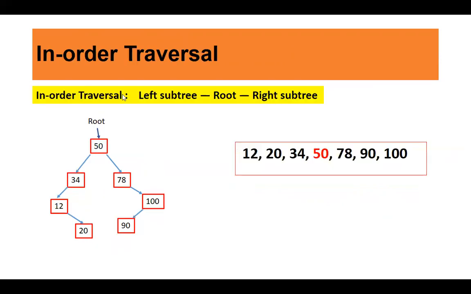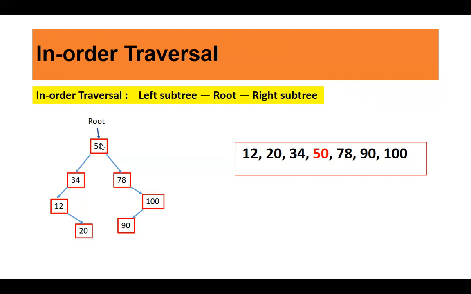Next, we have in-order traversal, which is the most commonly used one. In case of in-order traversal, we visit the left subtree first, then we visit the root, and then we visit the right subtree. Fine. So the root is in the center. So start from the root, go to the leftmost node. That is 12. It does not have any left child, so print 12. Now 12 itself is a root, so go to its right child, that is 20. 20 is printed. Again go up. Now 34 is the root, so print 34. It does not have any right child, so move up again.